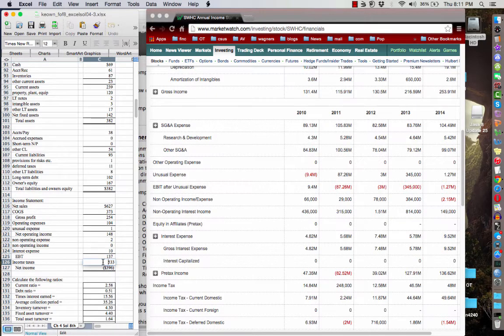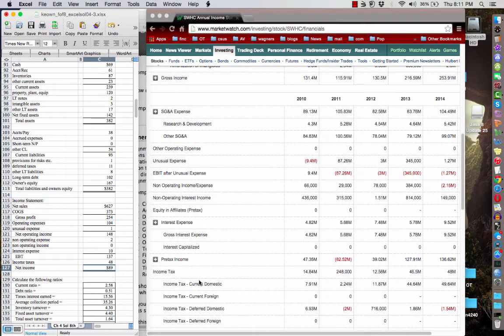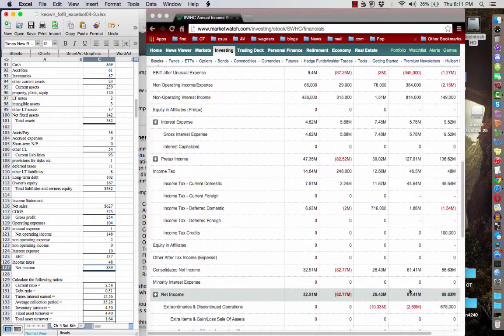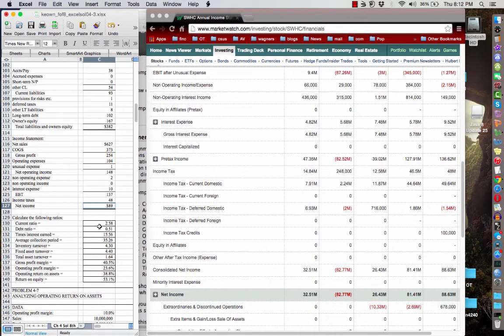So now income tax is again given over here, 48 million even. So just put in 48, and that makes our net income, which doesn't need to be adjusted. It's just EBT minus tax at 89 million, and rounded off, that does match what we have on MarketWatch. So it looks like we've done everything correctly. And now we see these ratios have automatically adjusted. All we need to do really is to